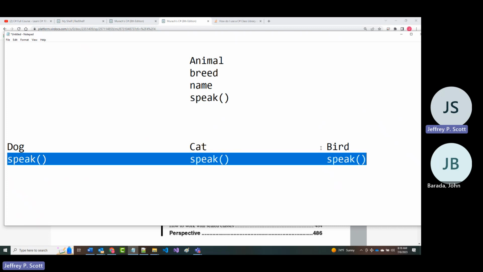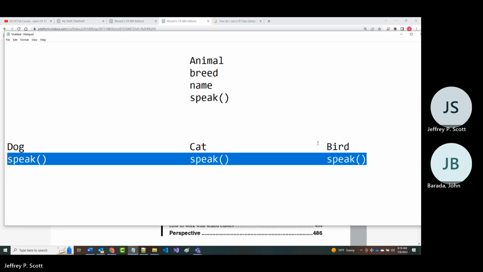That concept is referred to as polymorphism. And that is the ability of different types of objects to respond correctly to the same method based on the type of object they are.